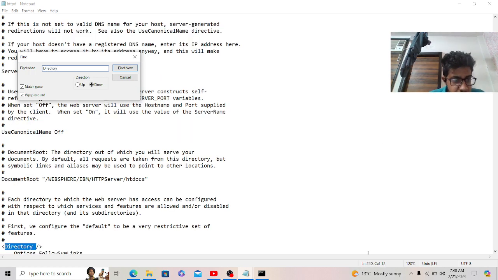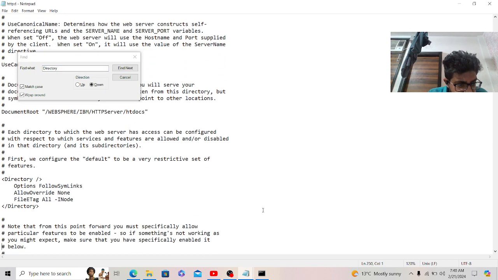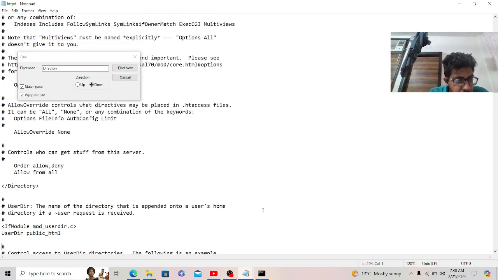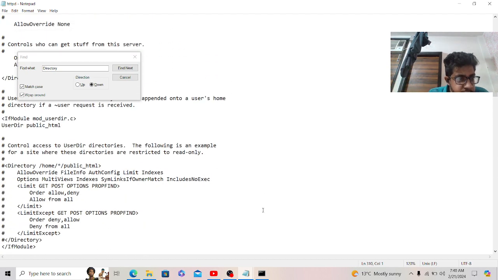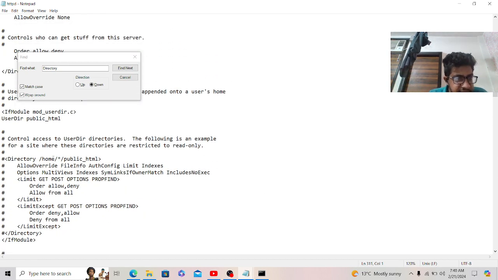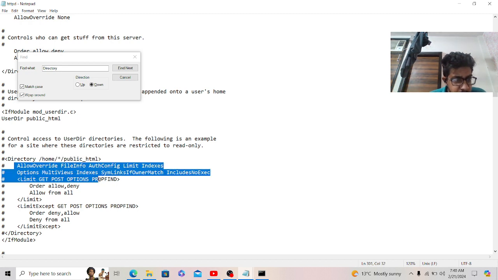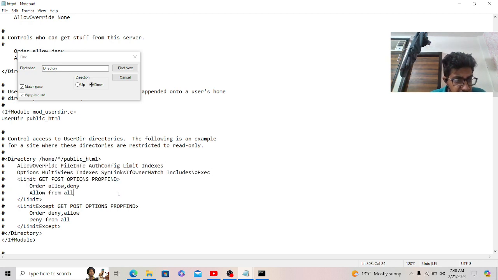See, directory matches, whatever the home type directory is, home public home yellow override. Post request yellow from all means